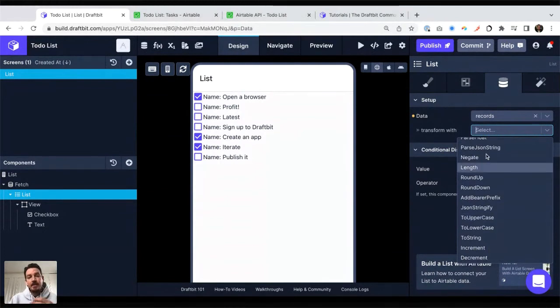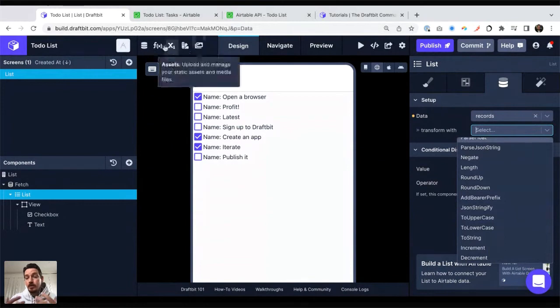Well, in Draftbit, for everything that we don't support in a built-in way, we do let you extend Draftbit, like add your own functions, add your own features inside Draftbit. And so that's the second little icon here that's called custom code.